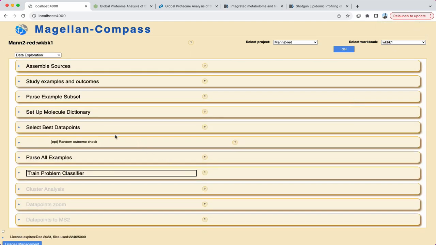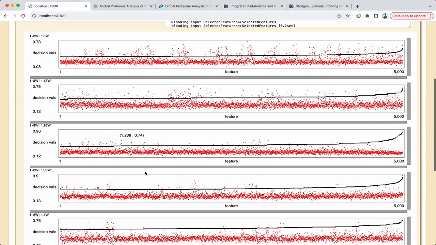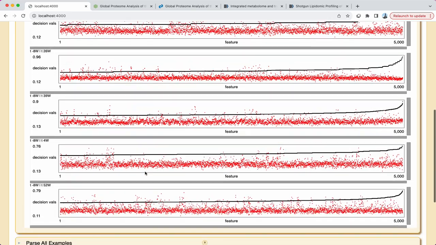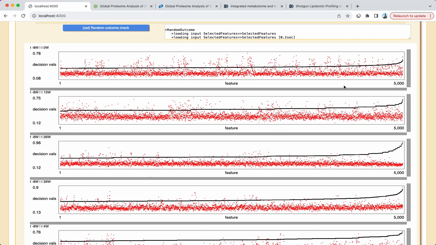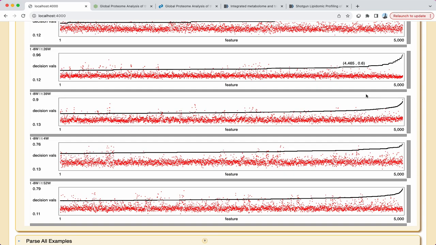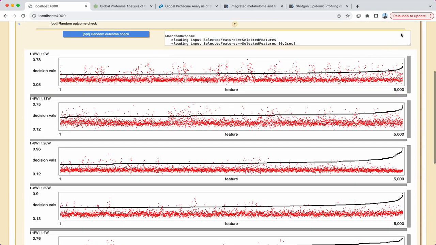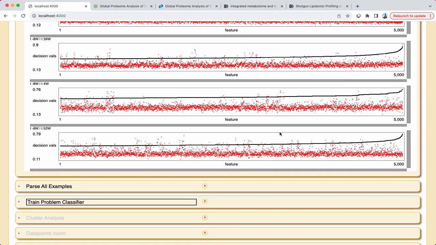Such a result is reason for caution in interpretation of the data and suggests changes to the study or its analysis. The function of this module is to rapidly provide the user confidence that the study is sufficiently powered and that the best data points identified are meaningful. It is important to note that this module is not running a true statistical test here, but an algorithmic one.